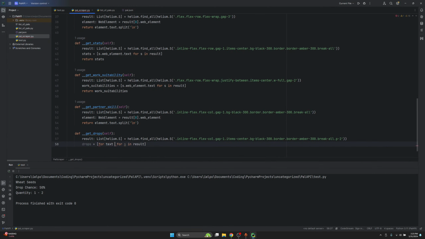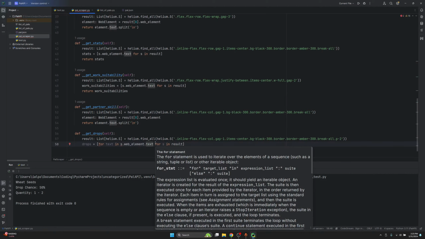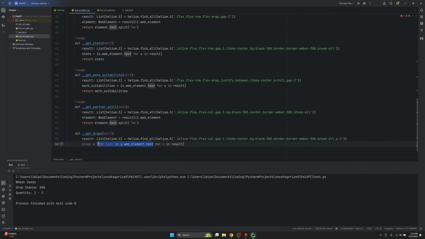I just call it text, I guess. For text in s dot web element dot text. That makes no sense. I think I'm doing this super wrong. This is actually backwards. For s and then for text, and we want to say